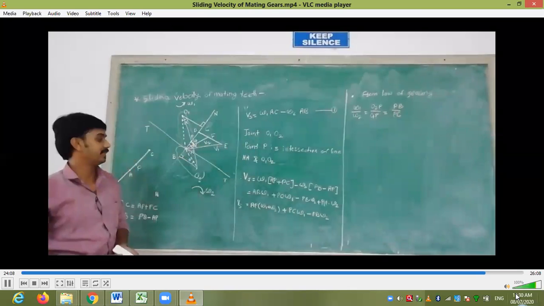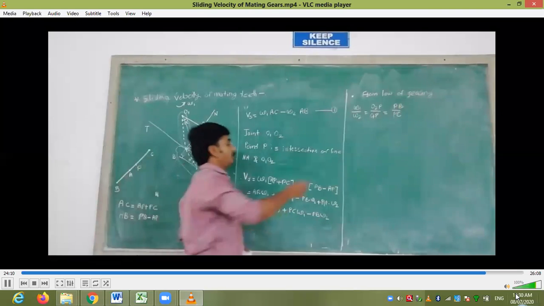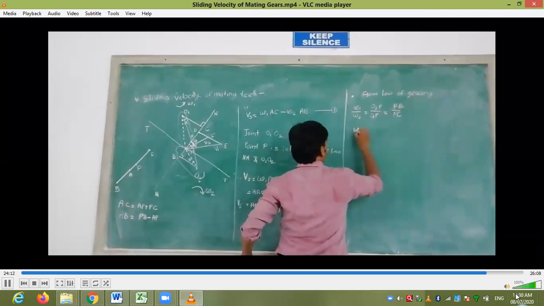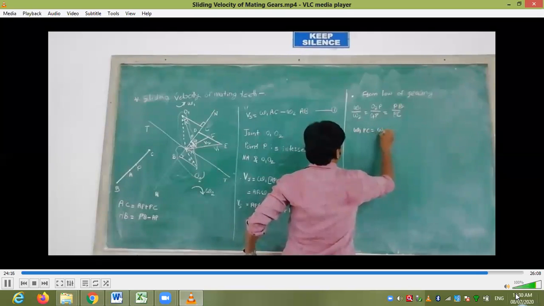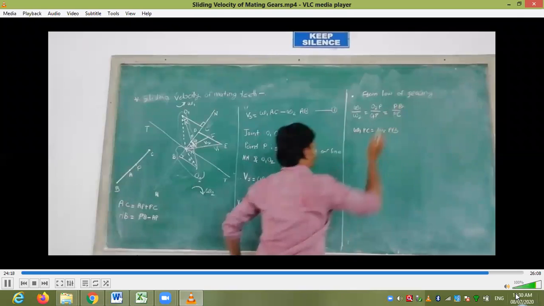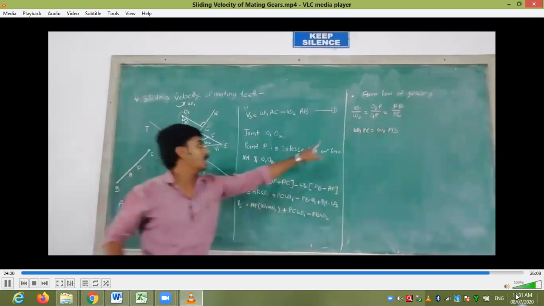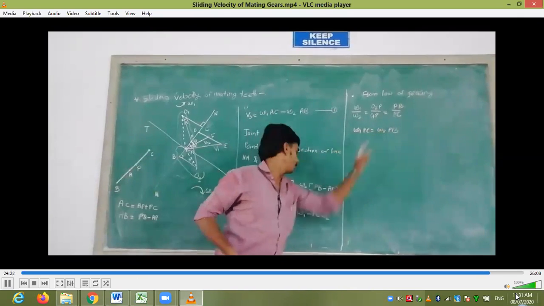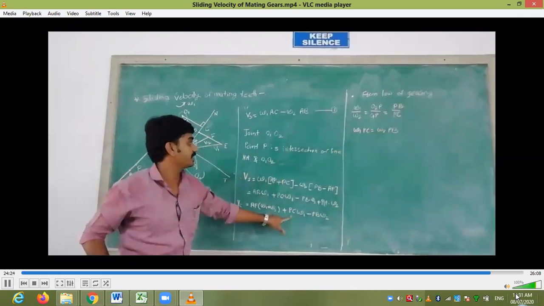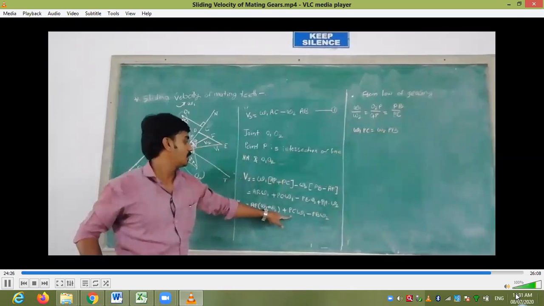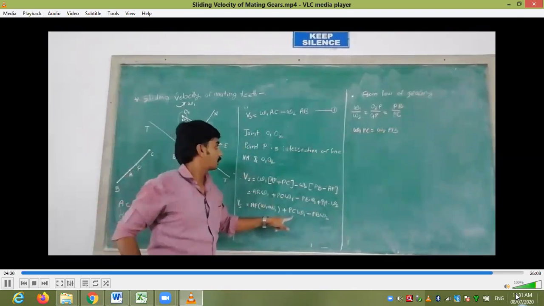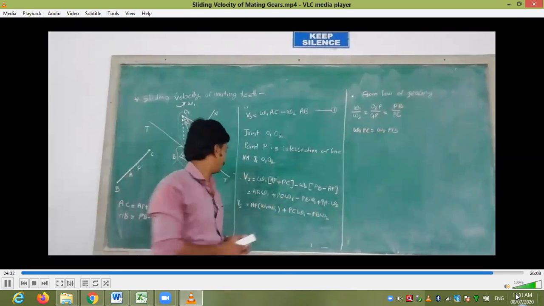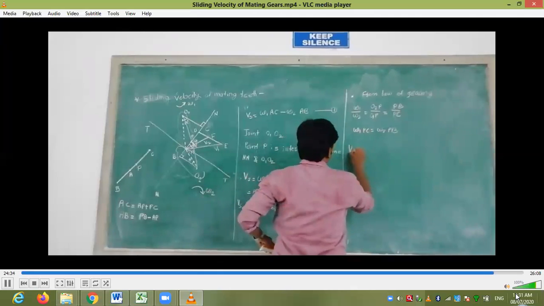Then if we cross multiply, omega 1 into PC is equal to omega 2 into BP. If we put this in the equation, omega 1 into PC equal to omega 2 into BP, then Vs is equal to